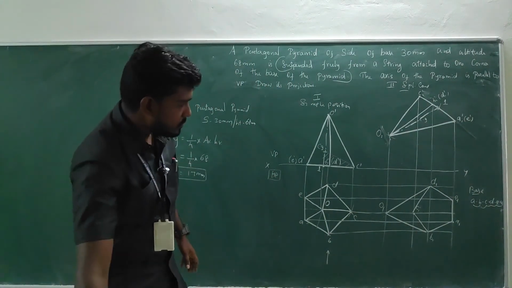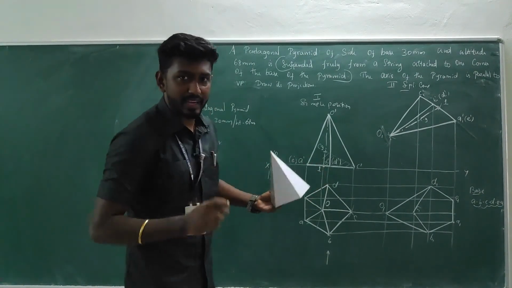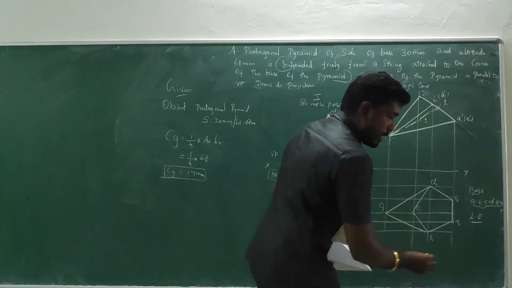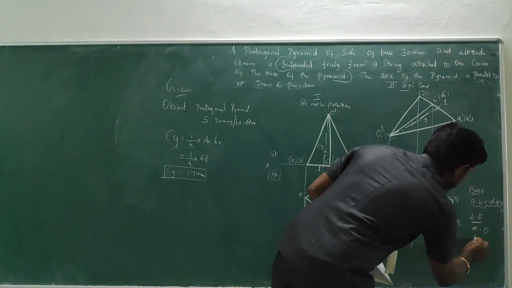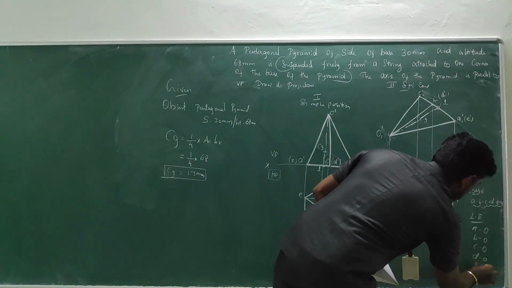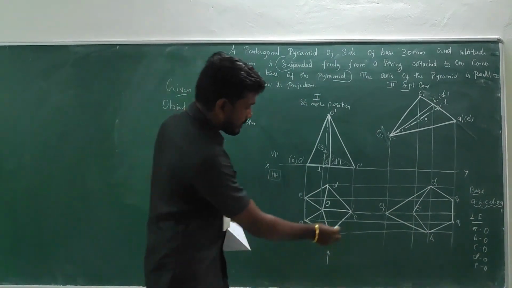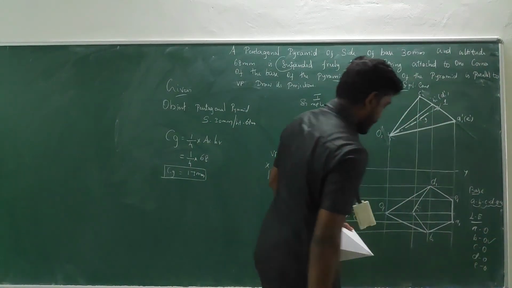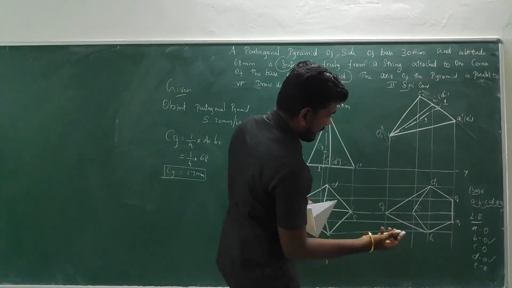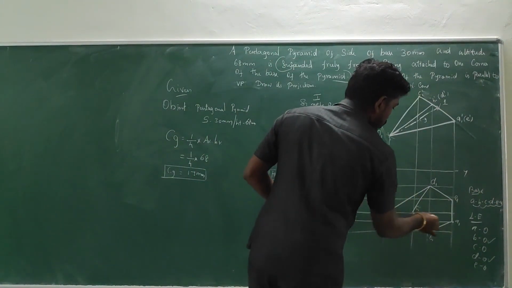And then longer edges, it's a pentagon, 1, 2, 3, 4, 5 edges are there. That means longer edge concern, A to O there is a connection, B to O there is a connection, C to O there is a connection, D to O there is a connection, E to O there is a connection. Partially some of the things we have completed. Check. O to B connected, O to D connected, then any other things? No. 3 more things we have to connect. O to C, O to E, O to A.